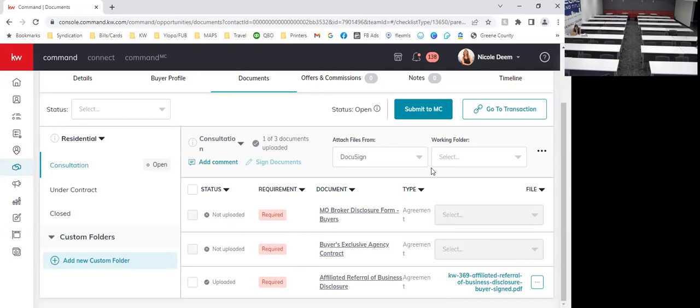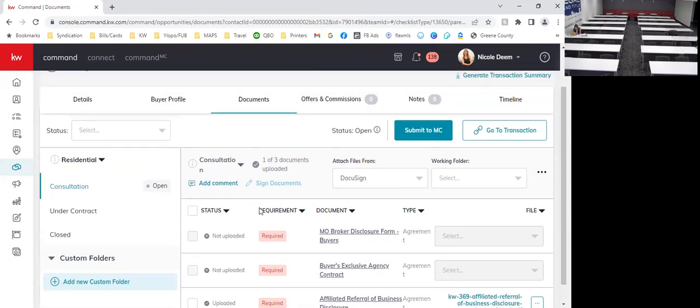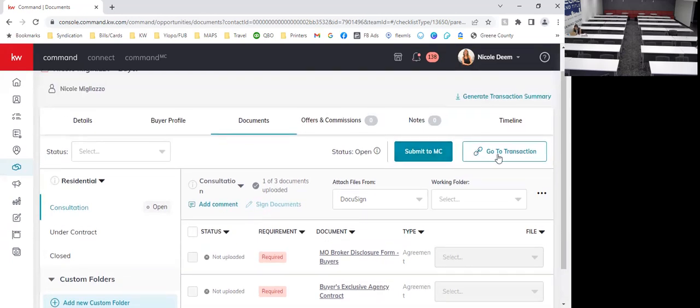And then pretty much you always start in Command first. So whenever you are doing DocuSign, if you click on this, it'll say start a transaction. But since I already have a room linked with this, it'll just say go to transaction. So when you first get started, you're going to make sure your contact is in your contacts. You're going to go to your opportunity or create one directly from the contact, doesn't matter. Create your opportunity, select your checklist, and then click start a transaction to make sure that you are linking your DocuSign room with